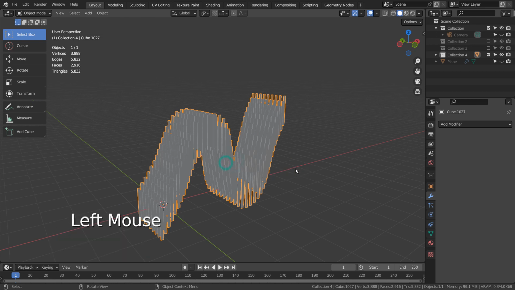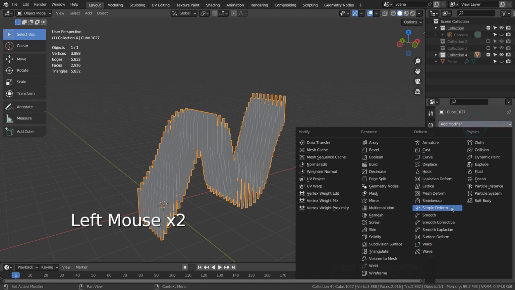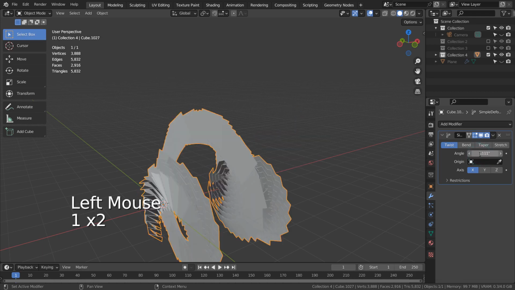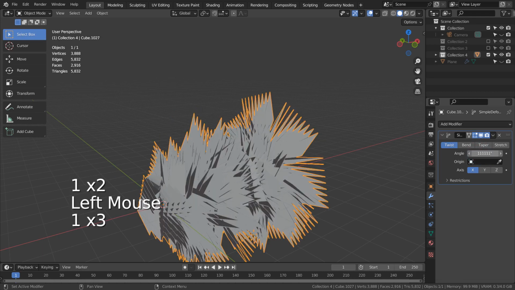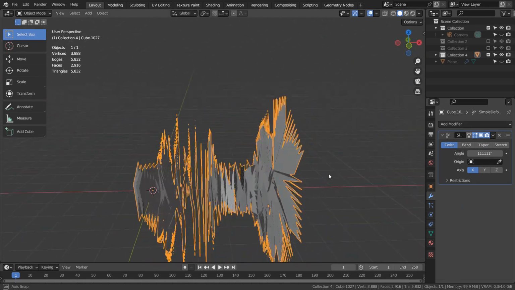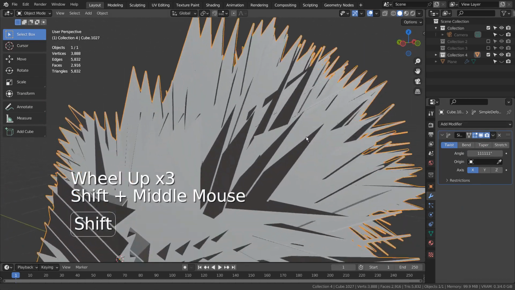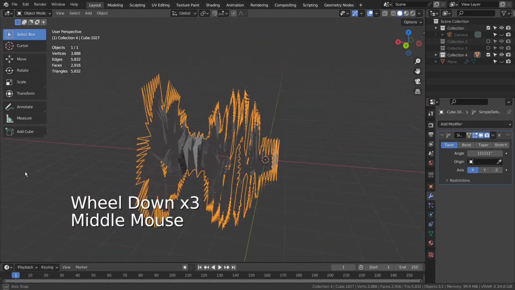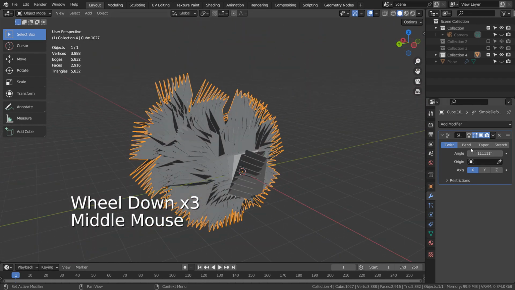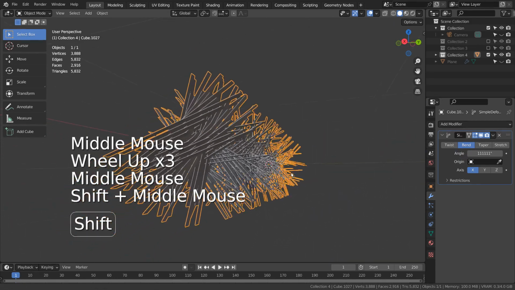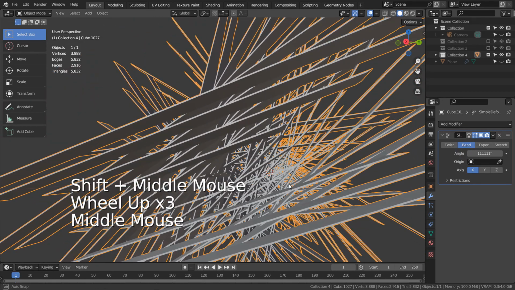Let's try again. This is the shape I was looking for.